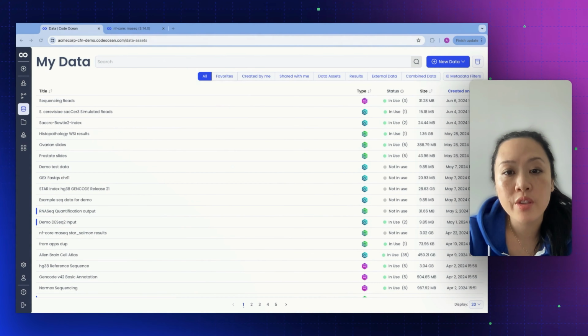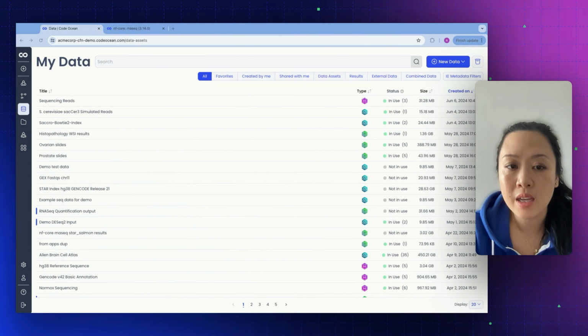CodeOcean's data tool is a single place to manage all your data assets in the cloud and from any other source. We can use these data in computational work while tracking lineage, ensuring reproducibility, and reducing data duplication. In this video, we will take a look at how the data tool works in a handful of different ways,